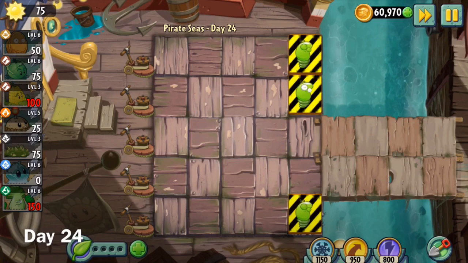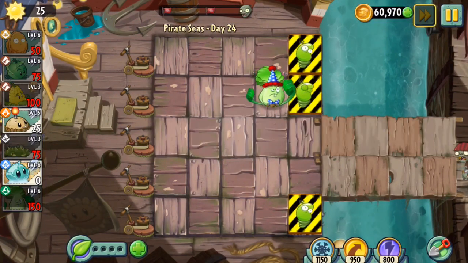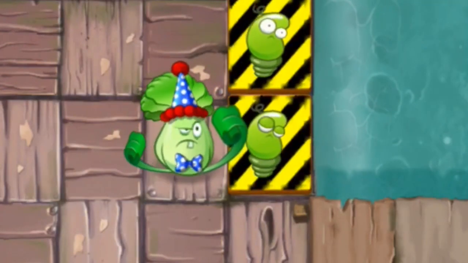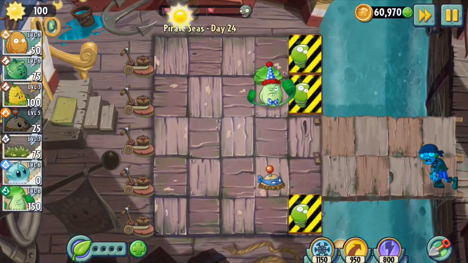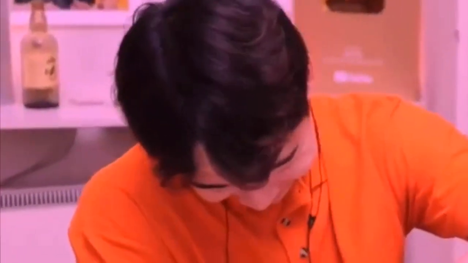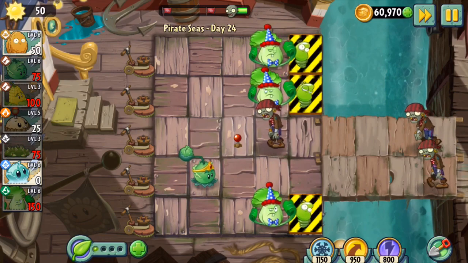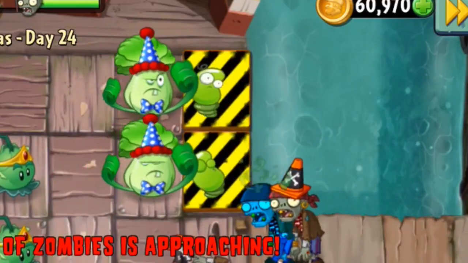Day 24 ends us off with some endangered spring beans, and the safer side of the board. Honestly, spring beans on the water side isn't the worst thing possible, because it still has an occasional threat of a Seagull Zombie just completely chewing it out. Why did I say it like that? Sorry, children. But yeah, I mean, besides the occasional swashbuckler that will actually get instantly killed because of the spring bean,